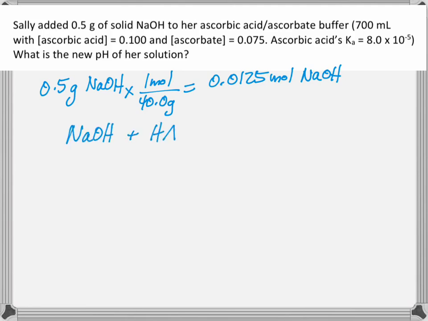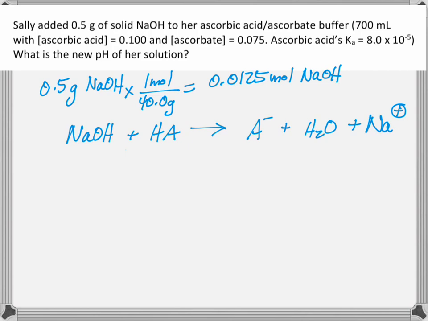Now we're going to do a stoichiometry problem for the reaction of sodium hydroxide with ascorbic acid. This reaction happens and it gives us sodium ascorbate and water. The water comes from the hydroxide reacting with the proton from the ascorbic acid, and the ascorbate is formed from the ascorbic acid after it lost its proton. We might have written the product as sodium ascorbate, but in this reaction I've written it as ascorbate and sodium